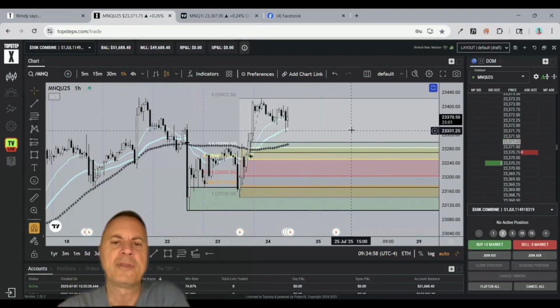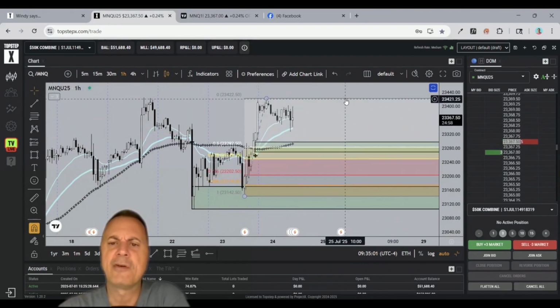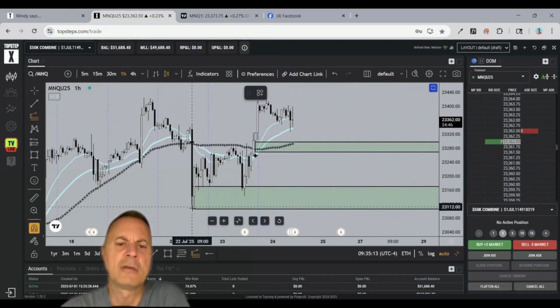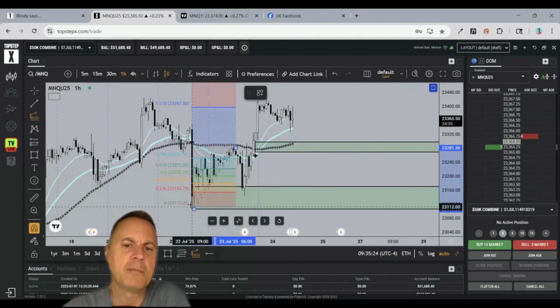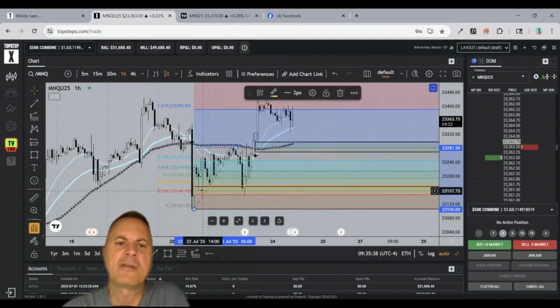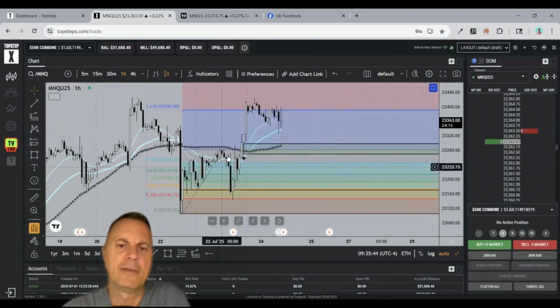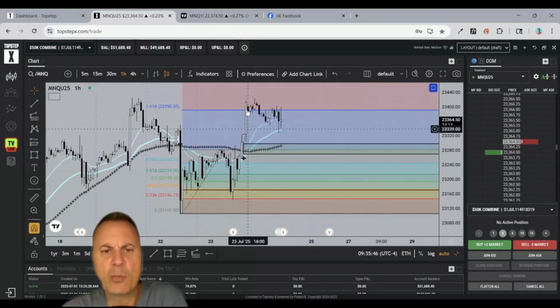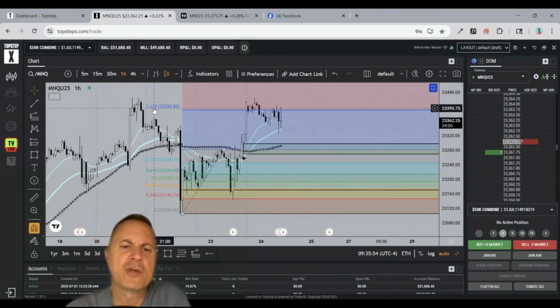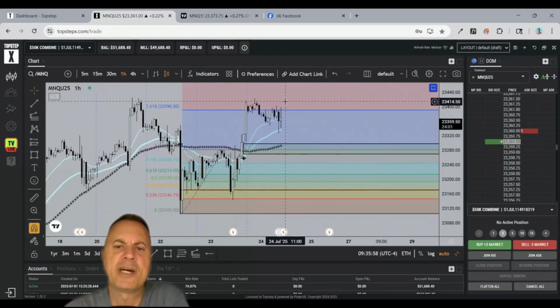All right, and if we put that, let's see if I can add those. I didn't want to do that. Let's go back and do it again. All right, so we have the extension, we're going to do the extension here to here and back. That is the extension. Extend right. And you can see how this works out very nicely, right? That's the extension of this. And what did it do? It went right to the 1.618 extension on Fibonacci